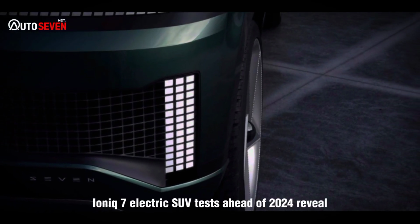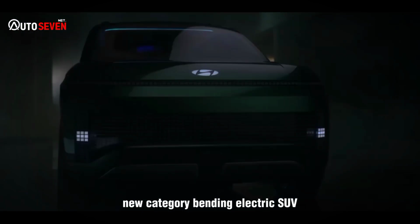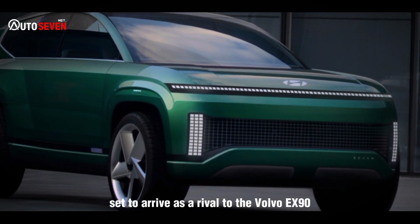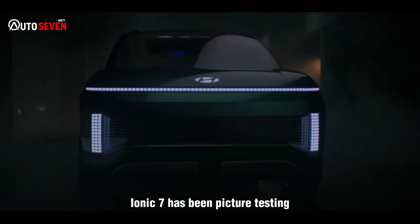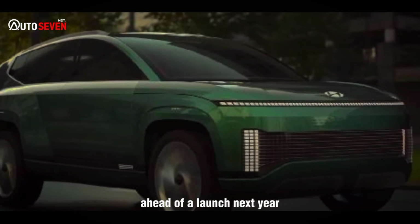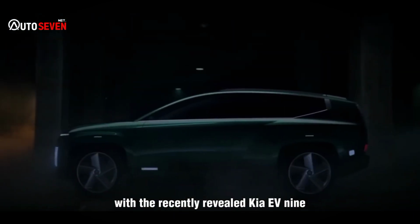New Hyundai Ioniq 7 electric SUV tests ahead of 2024 reveal. New, category-bending electric SUV set to arrive as a rival to the Volvo EX90. A pre-production prototype of the upcoming Hyundai Ioniq 7 has been pictured testing on public roads in Germany ahead of a launch next year. The electric SUV, which will share much of its underpinnings with the recently revealed Kia EV9,